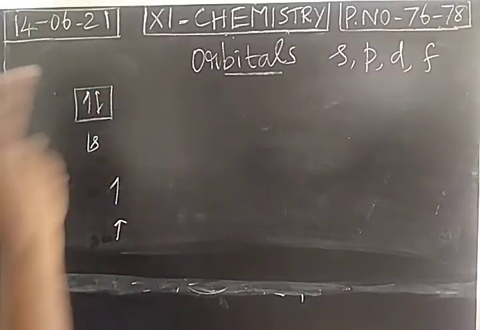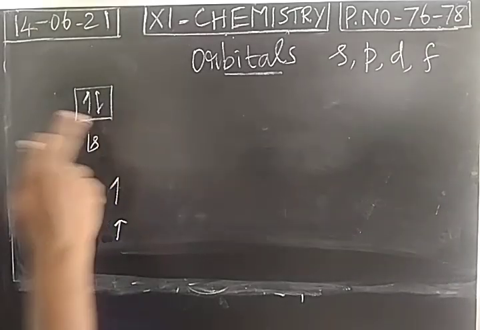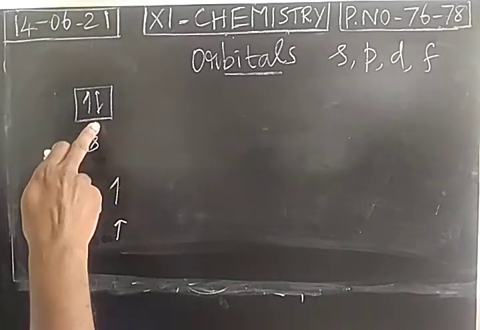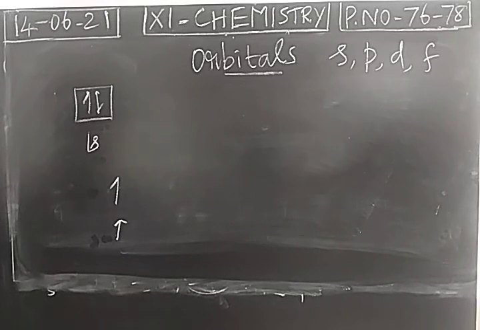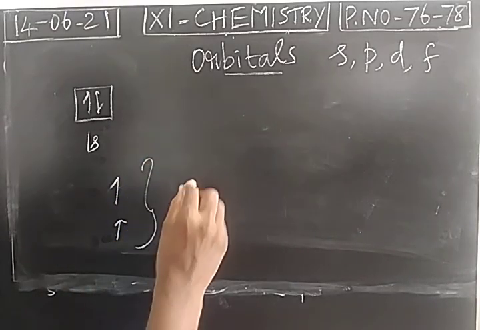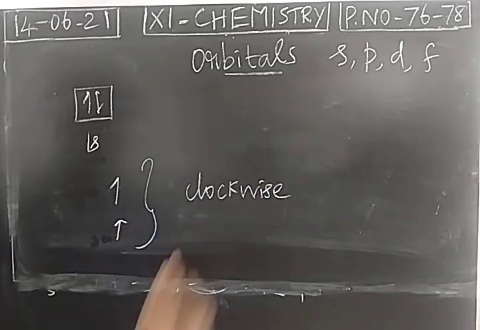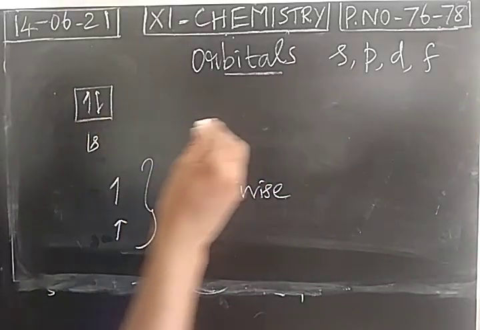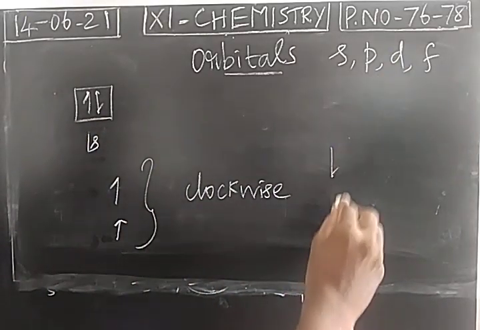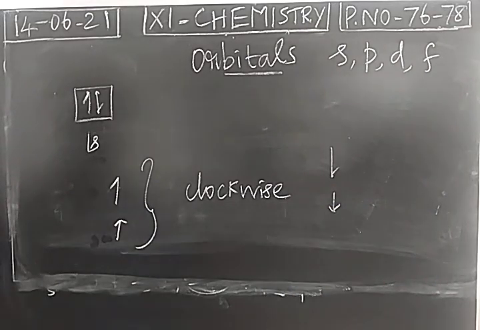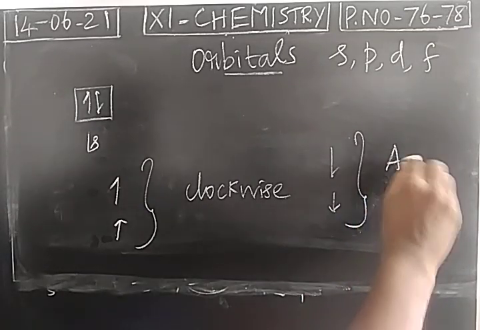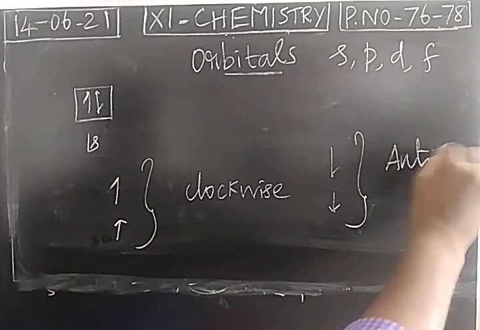So when you take an orbital, maximum 2 electrons will be present. Out of 2 electrons, 1 electron will spin in clockwise direction. And one more electron is denoted as a down-headed arrow mark. So any one can be used. It indicates the electron is spinning in counterclockwise or anti-clockwise direction.